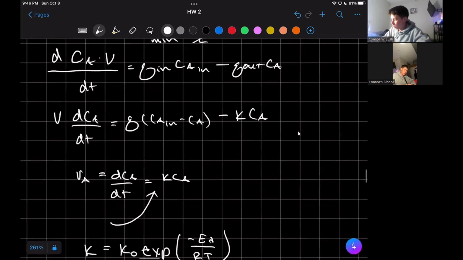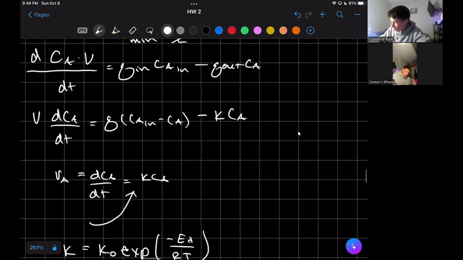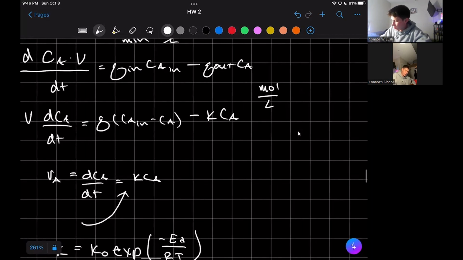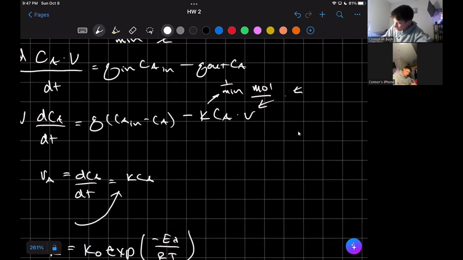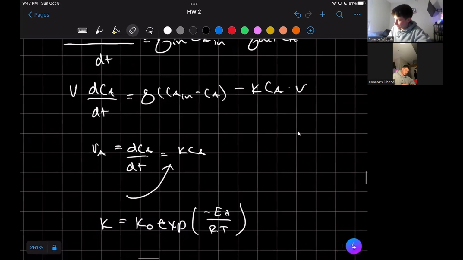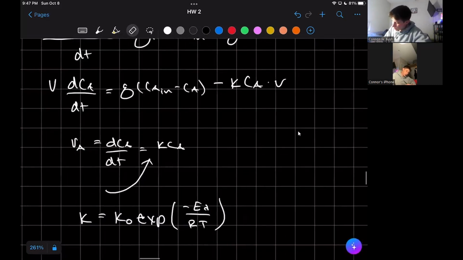And then if you recall, our units of concentration are in mole per liter, per unit volume. And then our rate constant is 1 over minutes for a first order reaction. So we just have to multiply by volume to cancel out that volume term. And then if we simplify this further, we get that